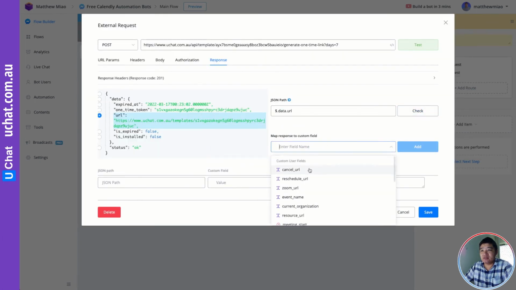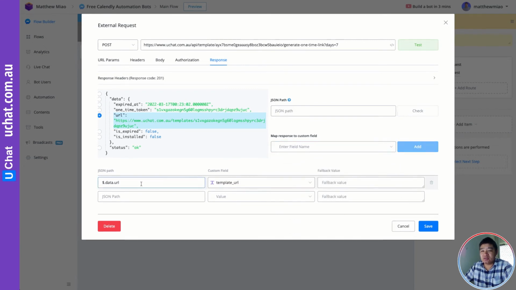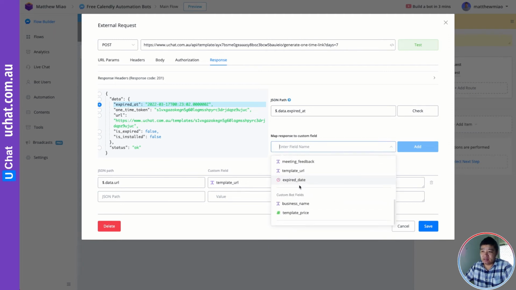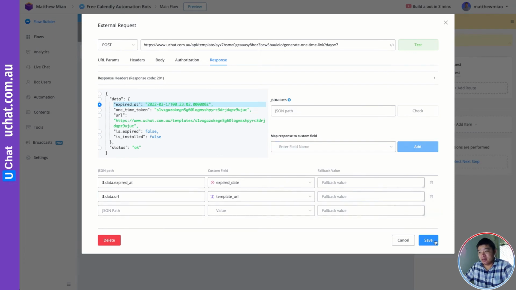You can save it into a custom variable. I already have that template URL, so I can add it to this. And also, if you want to let the user know the expiry date of those links, you can also save this into an expiry date. Then it will save into these two custom fields, right? And also, the response code is